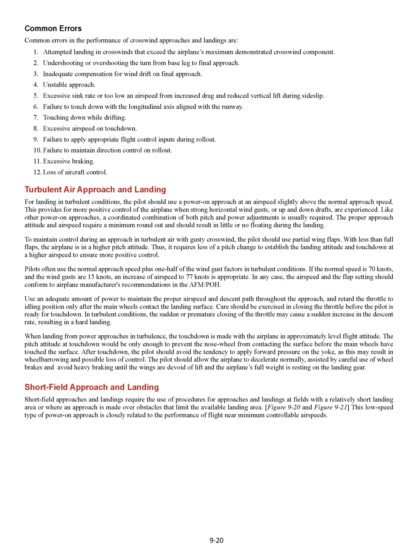To maintain control during an approach in turbulent air with gusty crosswind, the pilot should use partial wing flaps. With less than full flaps, the airplane is in a higher pitch attitude. Thus, it requires less of a pitch change to establish the landing attitude and touchdown at a higher airspeed to ensure more positive control. Pilots often use the normal approach speed plus 1/2 of the wind gust factors in turbulent conditions. If the normal speed is 70 knots, and the wind gusts are 15 knots, an increase of airspeed to 77 knots is appropriate. In any case, the airspeed and the flap setting should conform to airplane manufacturers' recommendations in